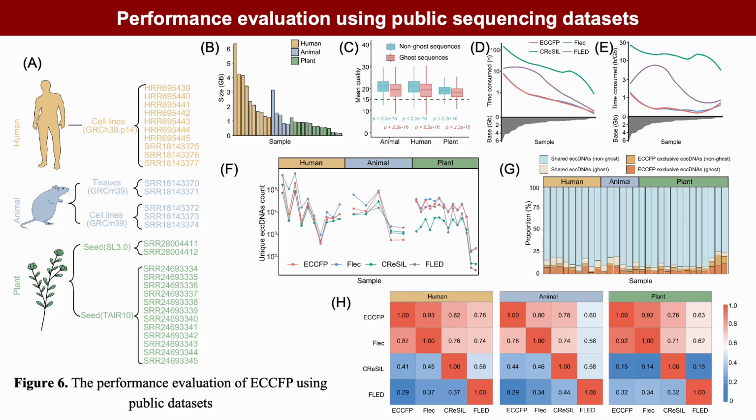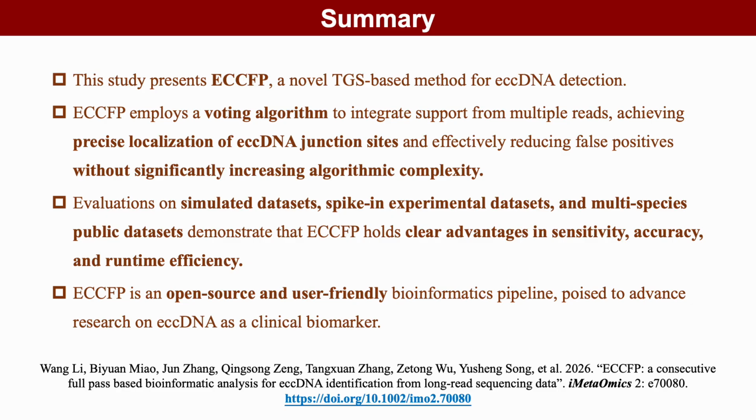Finally, ECCFP was evaluated using 29 public datasets from diverse species. ECCFP showed high accuracy and running efficiency across sample types, and it identified more eccDNAs and had a shorter runtime than other pipelines. Conclusively, ECCFP uses all consecutive full passes from individual reads for candidate eccDNA identification,